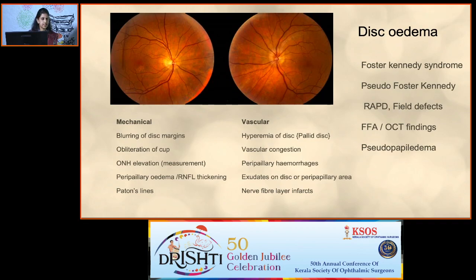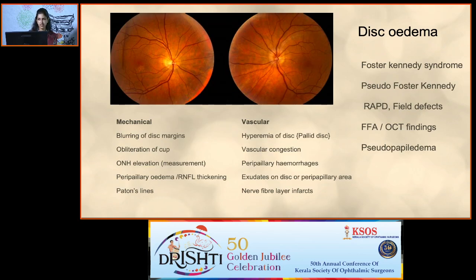Then coming to disc edema. Here you have a case of unilateral disc edema in the left eye. It is very slight, but you can see there's a slight blurring of the margins. And in any case of disc edema, think of your 10 signs, which have been described for papilledema. You have the mechanical and the vascular factors, and each of these has to be mentioned in all cases of disc edema. And you will be asked about the Foster-Kennedy syndrome, the pseudo-Foster-Kennedy syndrome, the measurement and grading of RAPD,